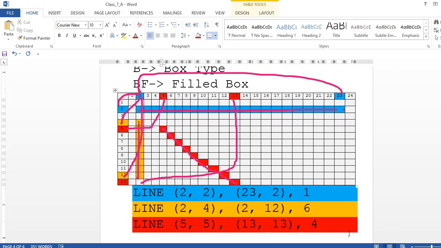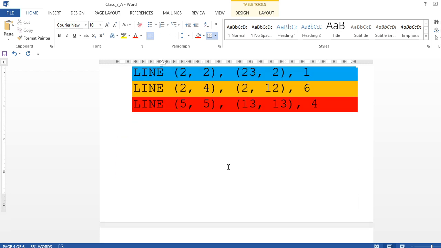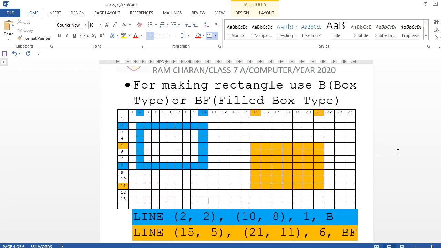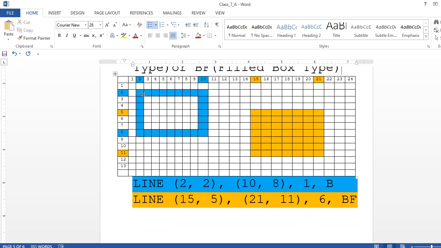Okay, now you see about this line. See the blue line, I had given blue color. I had given 6, that is yellow color, then 4, that is red color. Done. Now come back here for making a rectangle. For making a rectangle use B type. B means box type or BF means filled box type. See, I had drawn a rectangle here.